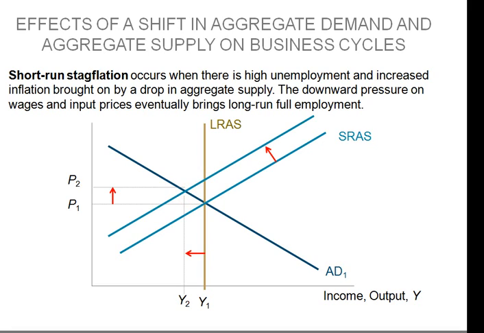Stagflation is the other way around. It increases prices but decreases the output level. It is because the aggregate supply curve is moving backward. So aggregate supply decreases but demand is still the same. What is happening here is supply is pressurizing the price level, so the price level increases. We should be at P1 but we are moving from P1 to P2 in the short run especially, and Y1 to Y2.